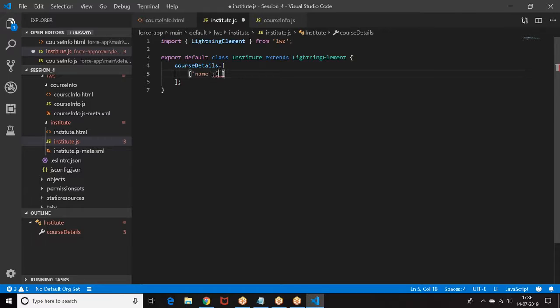Name, admin, duration, fee, some data I am giving. Similarly, I am going to give other information.